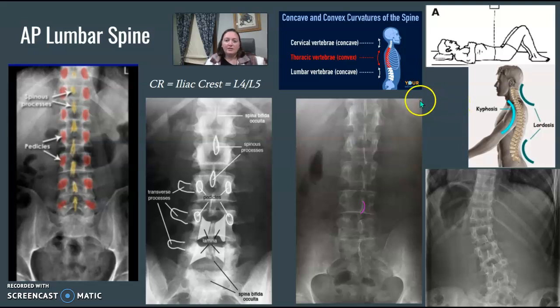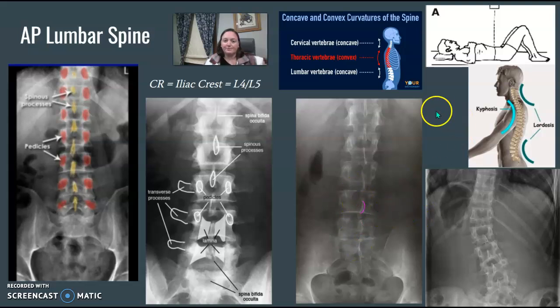You should be able to see where T12 is, where the last rib comes off, and then L1 should be directly underneath it. We're going to center at the iliac crest, depending on what textbook it is. It might be 1 inch above, 1.5 inches above, or directly at iliac crest. But in general, the iliac crest is going to lie right about the L4, L5 intervertebral disc space, in between